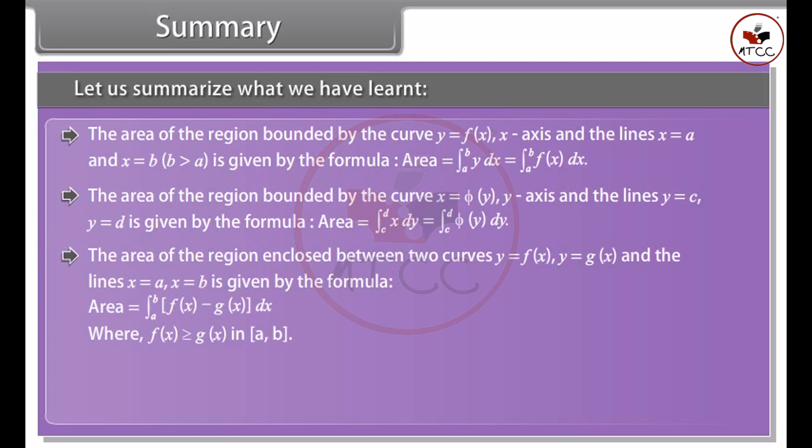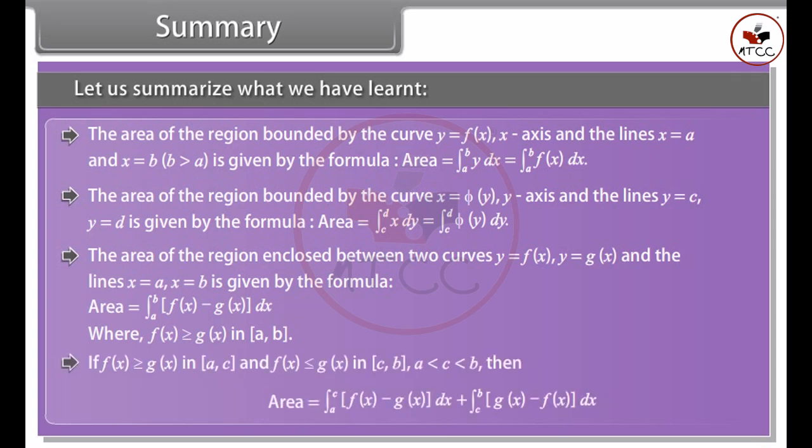The area of the region enclosed between two curves y = f(x) and y = g(x), and the lines x = a and x = b, is given by the formula below. If f(x) is greater than or equal to g(x) in [a, c], and f(x) is less than or equal to g(x) in [c, b], where a is less than c is less than b, then area can be formulated as